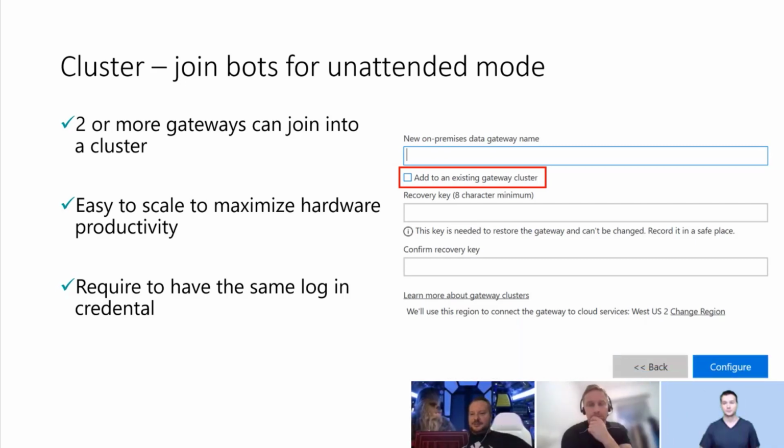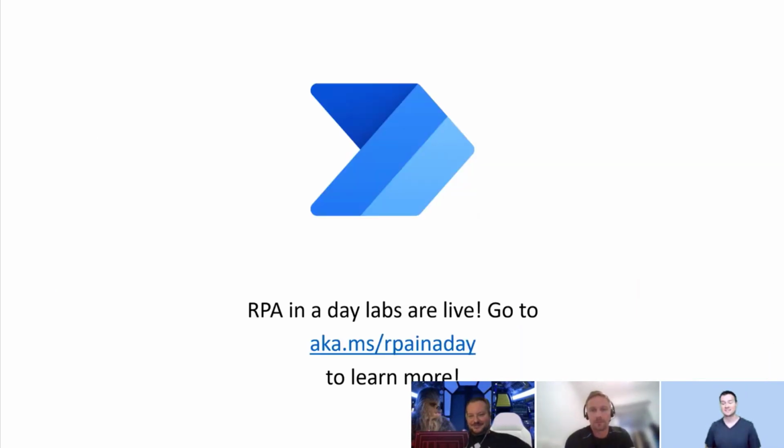Right. All right. Just one last piece of information. If you'd like to start onboarding yourself or your company with RPA, with Microsoft RPA, then I highly encourage you to go to aka.ms/RPA in a day. That is the community-driven effort, Microsoft supervised, let's say, where you can download the labs, applications, and all the instructions around these labs and training materials. You can simply do these labs in your own company, or just try them on your own.